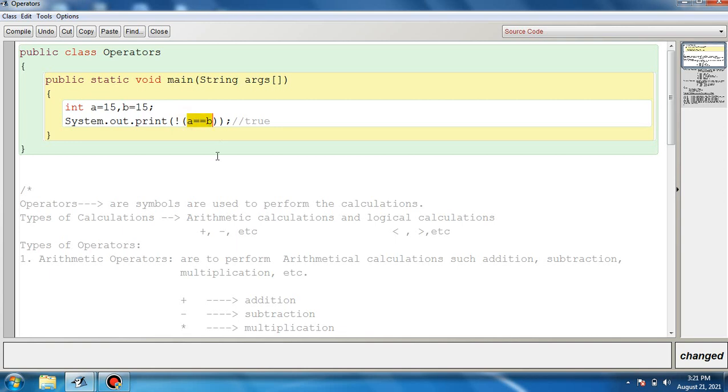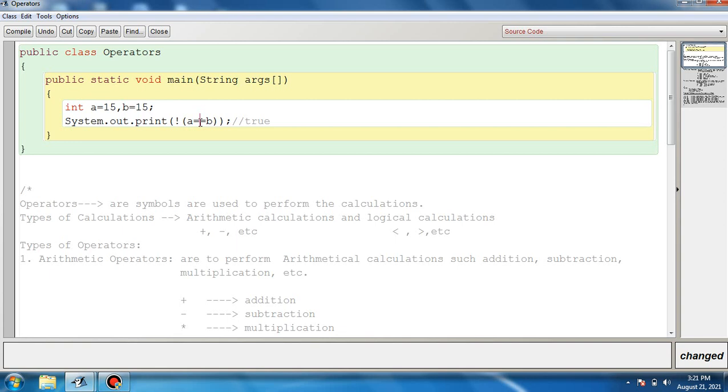If it is true, logical NOT will result in false value. If it is false, it will result in true value. In this scenario, it will result in false. In this scenario, if it is not equal to, it will result in true. Remember this, logical NOT will result in the opposite, or you can say it does the opposite.